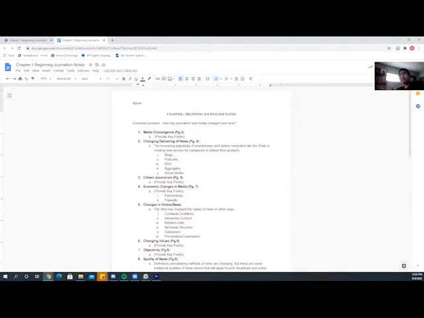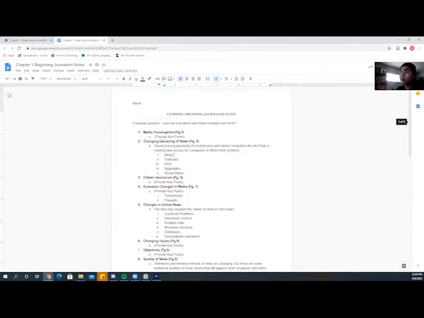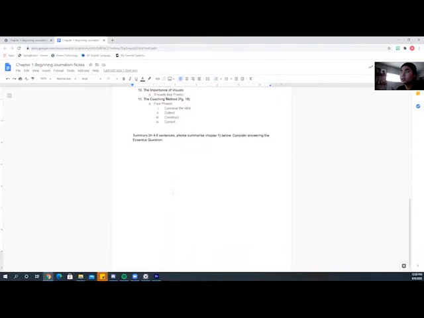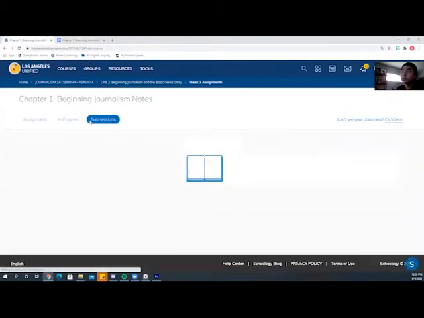So for example, for this section, if you look at the book, it says media convergence, give me a summary, provide key points. If I give you something like this, where I have a term and a colon, that means you're supposed to define what those mean, what is it? And we had it for the whole chapter, and at the end, you're supposed to do that, the summary, and then you submit it. So let's check this out.